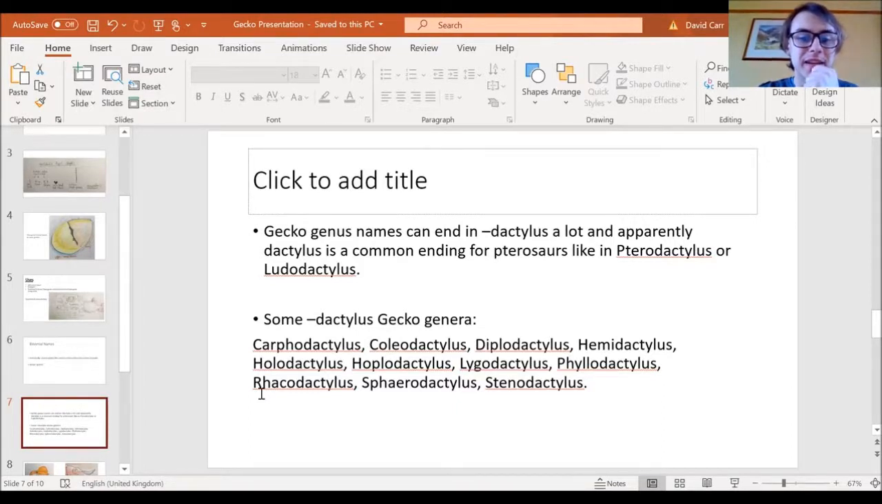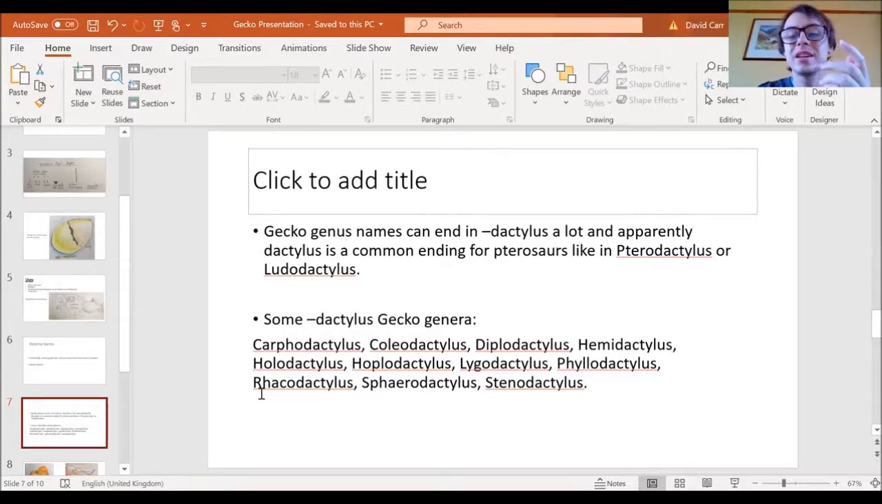So you have Spherodactylus and Coleodactylus, which are relatives of the Gonatodes antillensis we're talking about. They're in the Sphaerodactylidae tribe. You have Carphodactylus, which can be called chameleon geckos, but you also have other geckos that can be called chameleon geckos, which is interesting. As well as that, you also have different genera of geckos that can be called